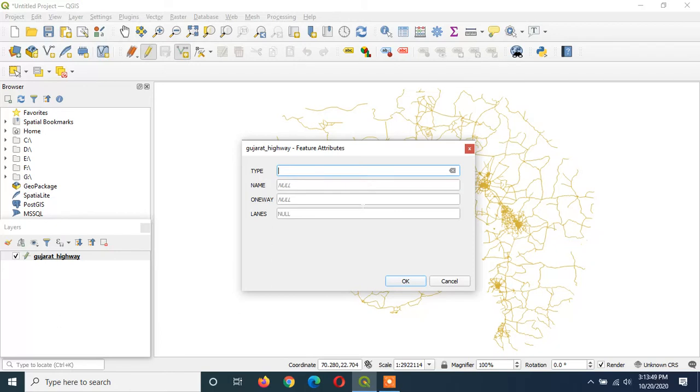You can add a new record in this attribute table by providing the values. I am adding type as express. So this is a type of express highway. Name of this highway is National Express Highway 1.